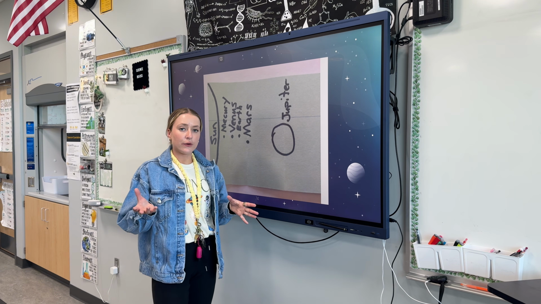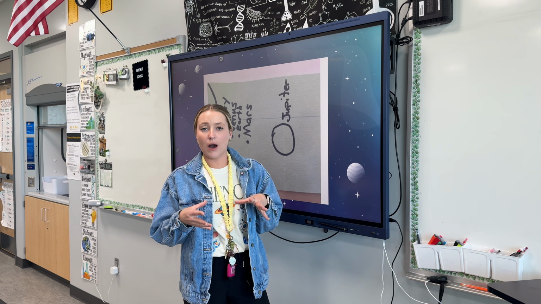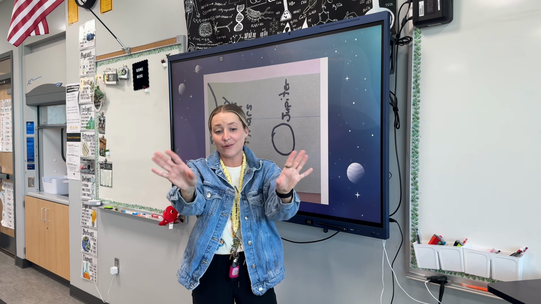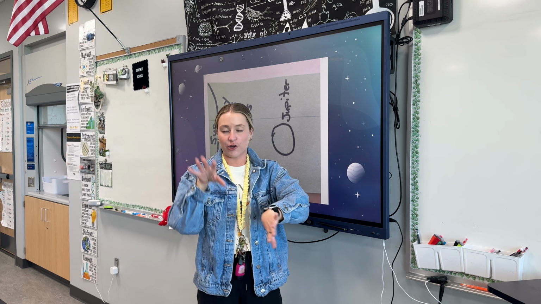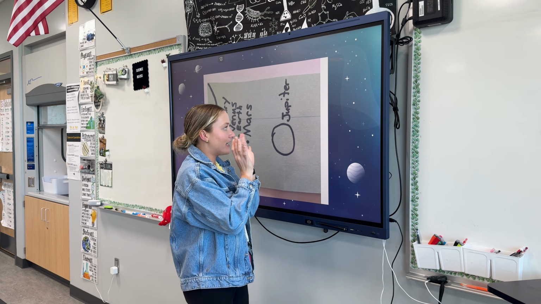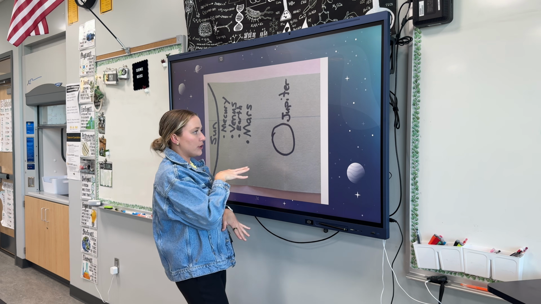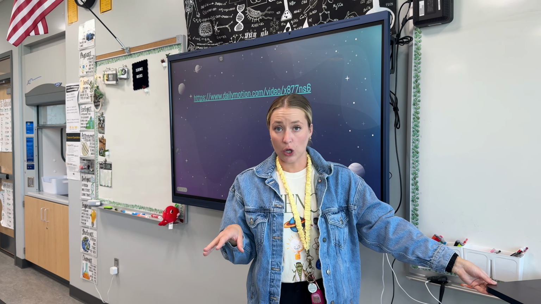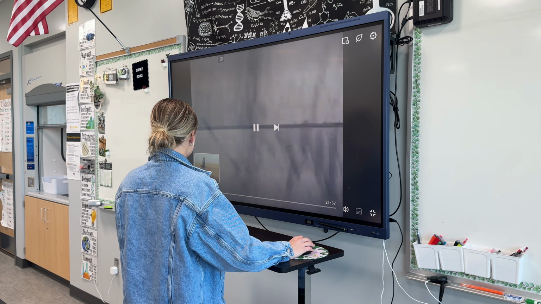So they went through the answers, they looked at their models. I was like, okay, so who was close to being accurate? Did anyone get one planet completely accurate? And we kind of talked about it. And I showed them this picture to kind of show, you know, the inner planets. Then the last thing I did to close out this lesson